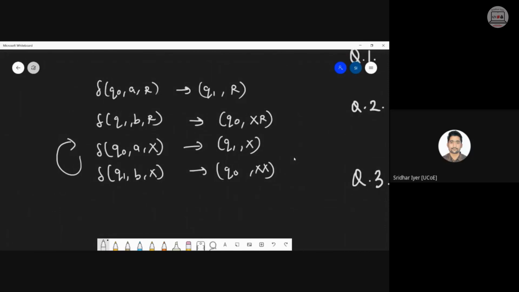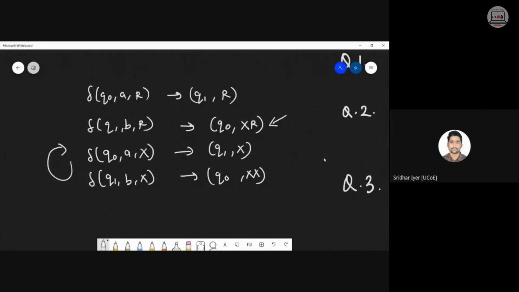Initially the stack will be empty, so whenever the first A comes, we need to change our state from Q0 to Q1 without pushing anything. On that particular Q1 state, whenever B is encountered, you need to push one X on top of R. So that is what we have done over here. But as we know that there are multiple terms of AB, n number of terms to be precise, so we need to have a loop. That is what we have done.